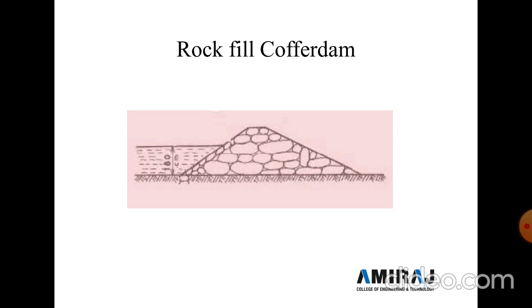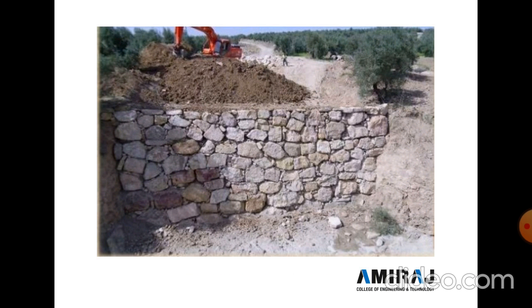So if the depth of the water to be retained by the embankment of a cofferdam is of the order of 3 meters, and stone is used for the embankment, this construction is adopted only if the stone is easily available in a nearby area. The stones are assembled in the required shape of the embankment, and the voids are partially filled with earth and stone chips, and on the water side the rock fill is to be provided with an impervious layer of earth. So here in this photograph you can see a temporary rock fill dam constructed.